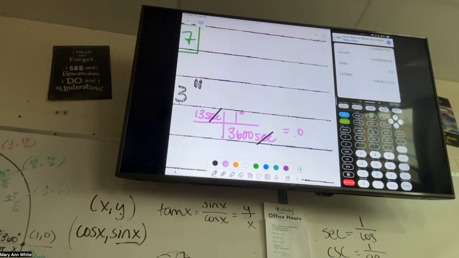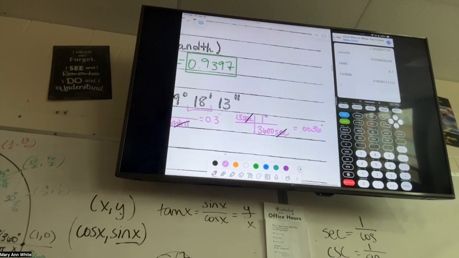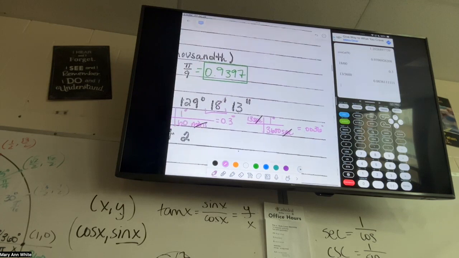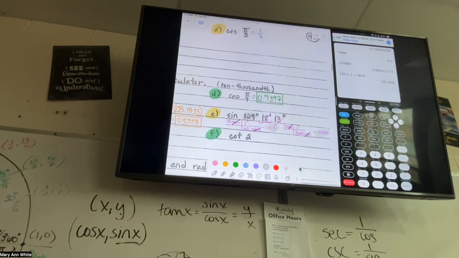And so I get 0.0036 degrees. And we dealt with our minutes, we dealt with our seconds, so we're going to add the degrees that we have together. 129 plus 0.3 plus 0.0036. And if it makes you happy, you can throw it all in the calculator like that. And so I'm going to do sine of